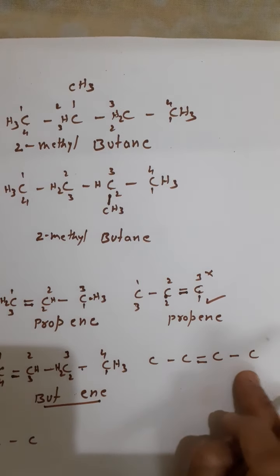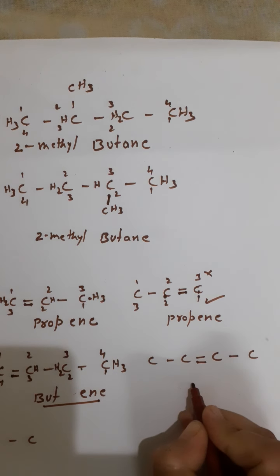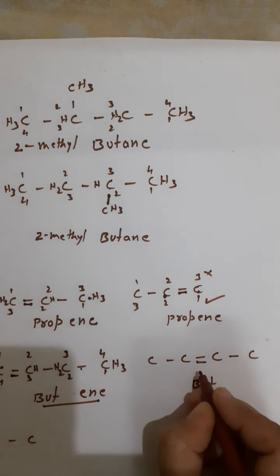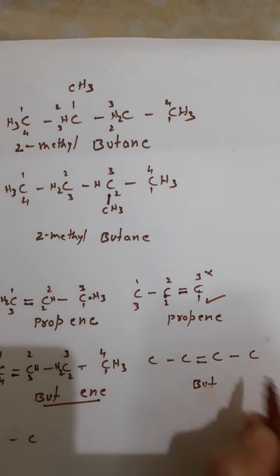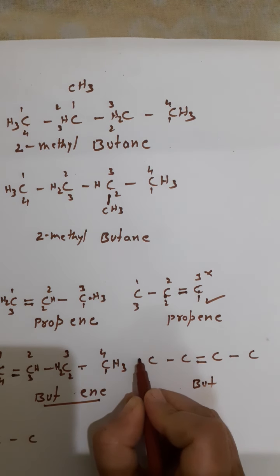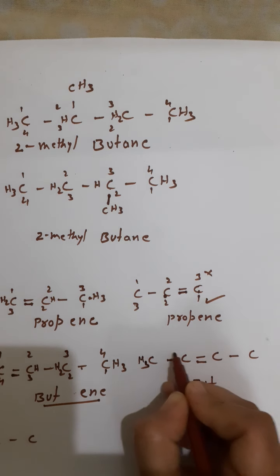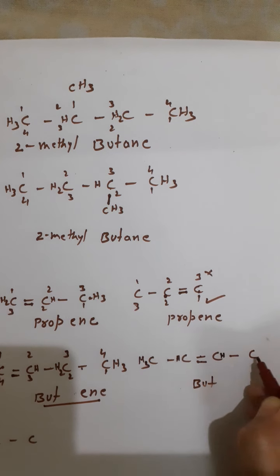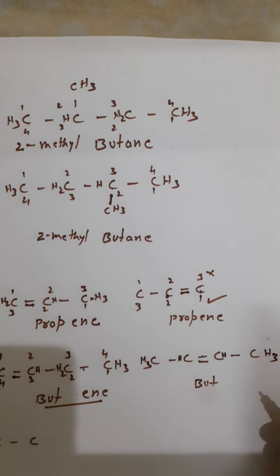Okay. Let us observe this structure. Now here if you see, as usual, it is a 4 carbon hydrocarbon. So parent name is but. Okay. Then where is the double bond located? Let us find out where it is located. Okay. Where it is placed. Between which carbons? So first of all, complete the structure. CH3. Already 1 is there. So 1, 2, 3. So 1 more hydrogen. Again 1, 2, 3. So 1 more hydrogen. So here only 1. So therefore CH3.